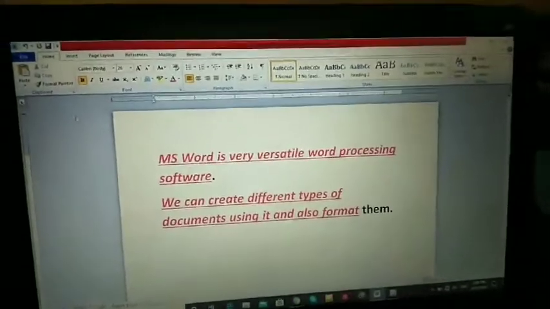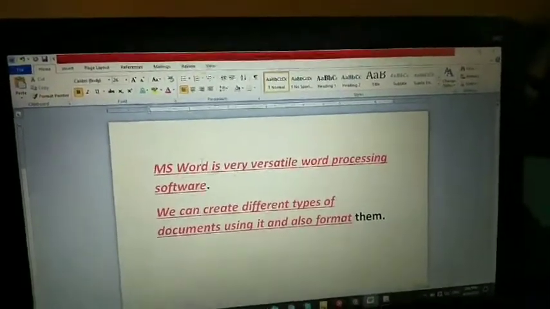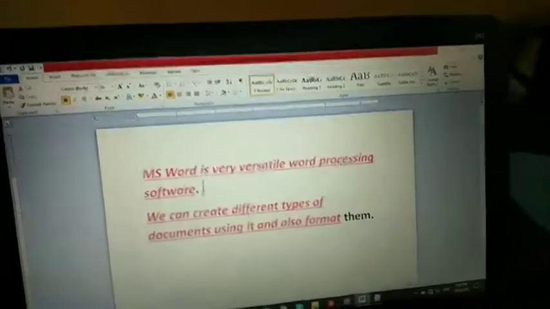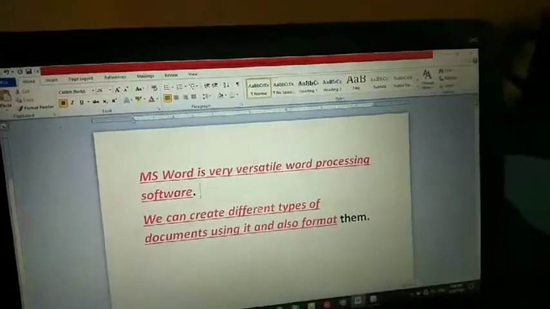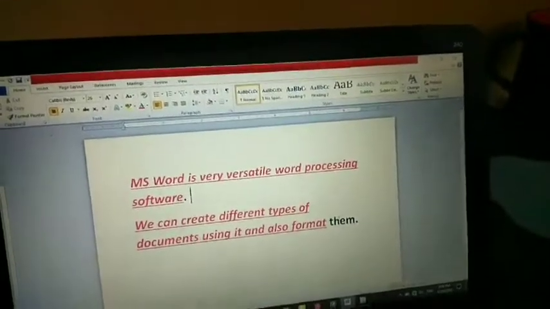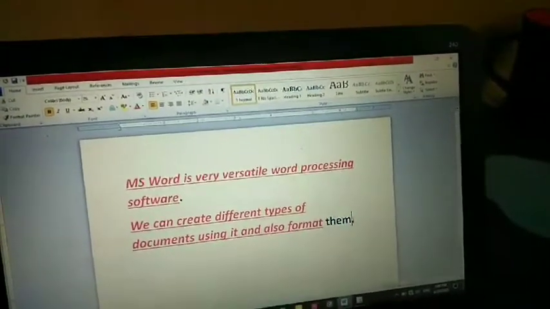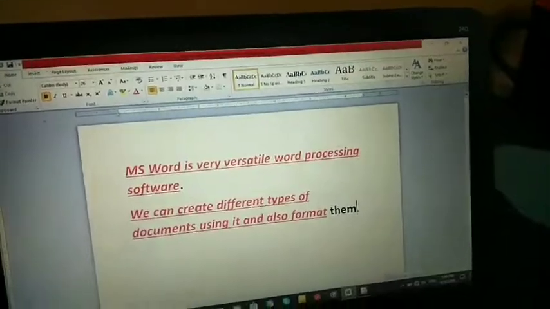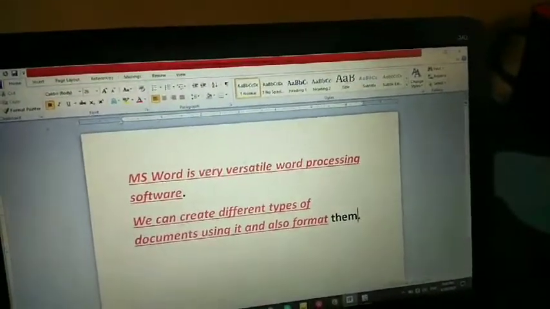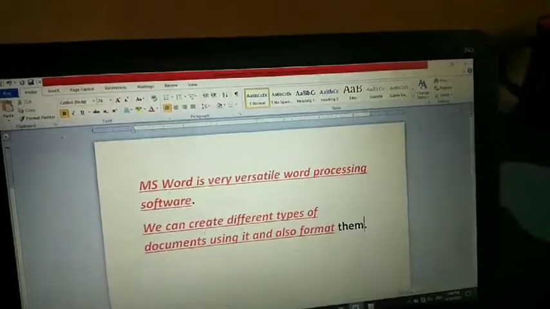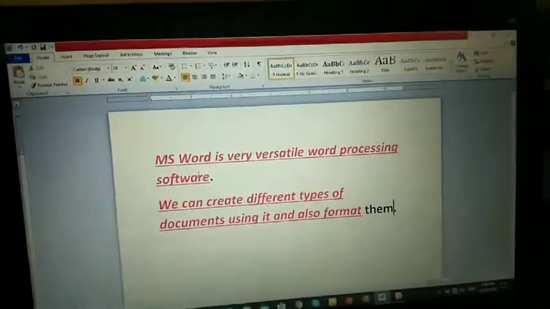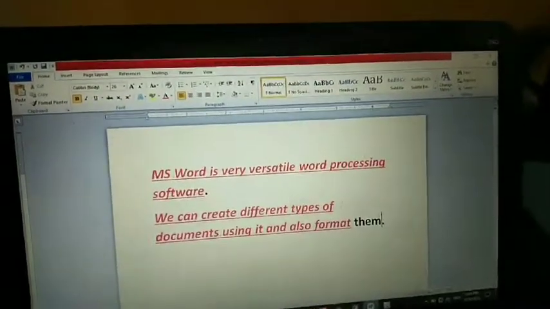Just with the help of Format Painter, the entire font of the third and fourth lines, font color, font style, font design, underline, everything has been changed. This is how it was before, and now after changing with Format Painter, these two sentences have totally changed. Understood all of you? This is what is called Format Painter.